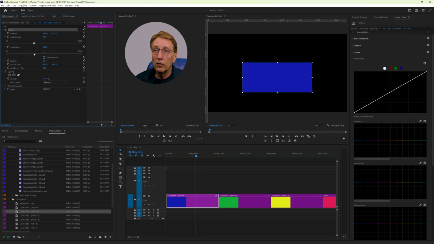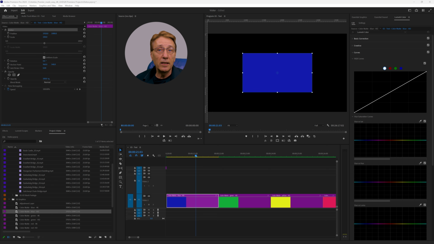You have a lot of freedom, or this width is from the same point. Let me reset everything, reset effect here, and everything is set. Here I can, with one click, reset all the motion effects.